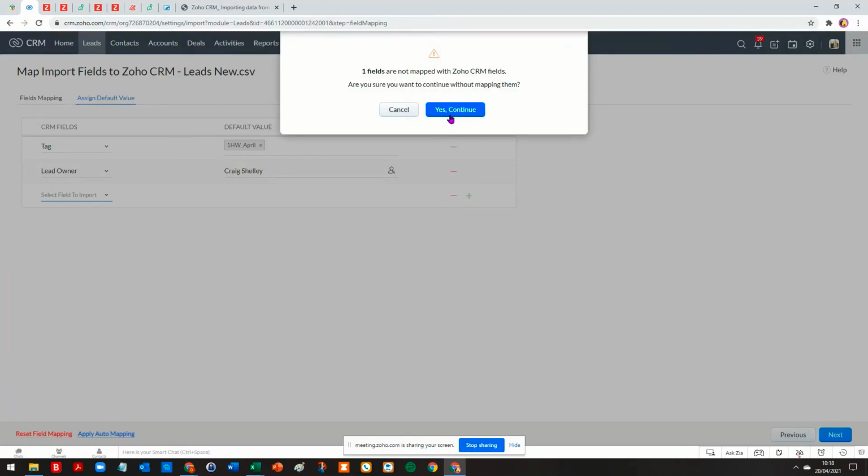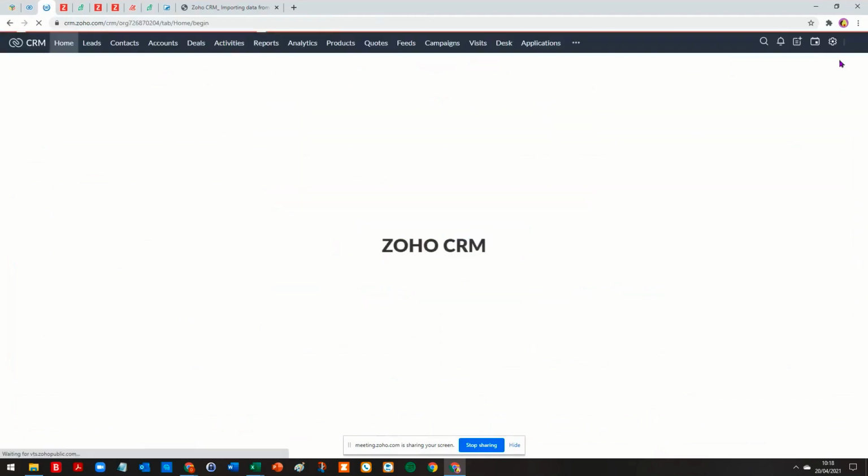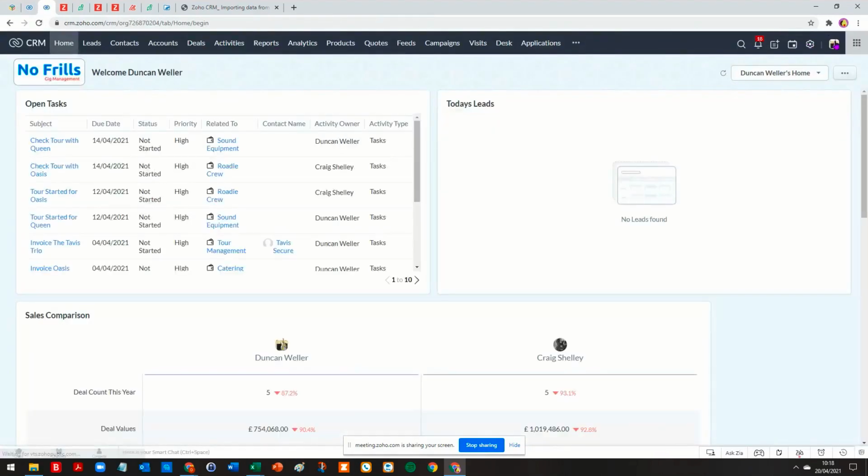So what we recommend is you check your mandatory fields before you import, if you're aware of them, and then just set them to be not mandatory. Now I'll quickly show you what I mean. I'll go back and access our CRM in a different tab. I'll show you what I mean by that. To go to setup,